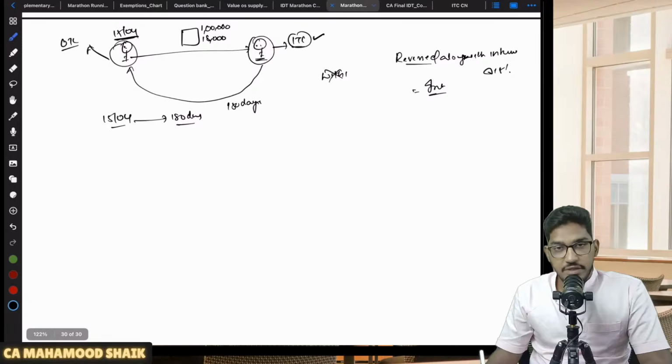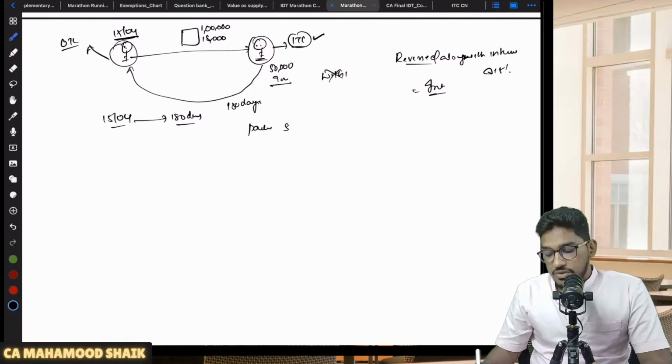You must make the payment within 180 days. Sir, what if I am making a partial payment? Let us say out of this 1 lakh rupees, 50,000 I have already paid, along with the GST. But the balance 50,000 I did not pay. So 180 days is over, but the pending amount I did not pay. Now only the proportionate amount of ITC attributable to that 50,000 is required to be reversed. What is the ITC attributable to that amount? 9,000 rupees. So this 9,000 rupees you have to reverse along with interest at the rate of 18% per annum.